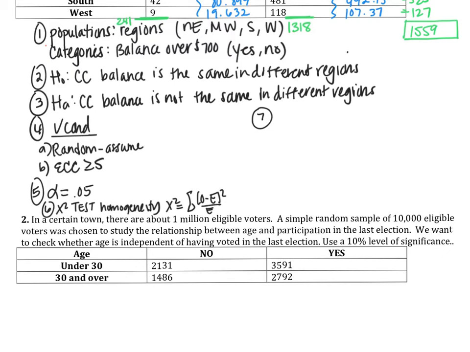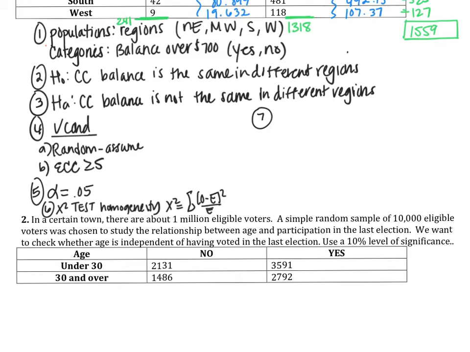All right, then you're going to hit stat, tab over to tests, and go down to option C, which is a chi-squared test. It should already have auto-filled there for you, observed values in list A and expected in list B, which is what we just did. If you need more time, pause the video, rewind, listen to my voice, and follow the instructions over and over again until you've got it. When you hit calculate,